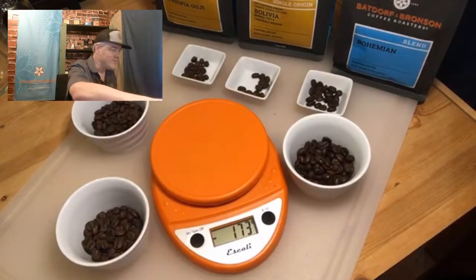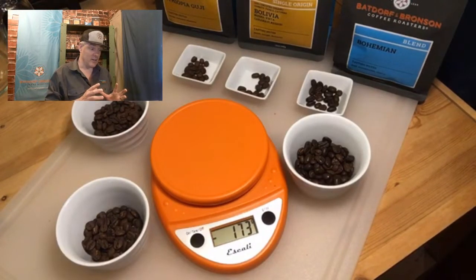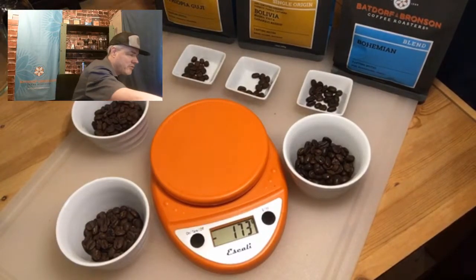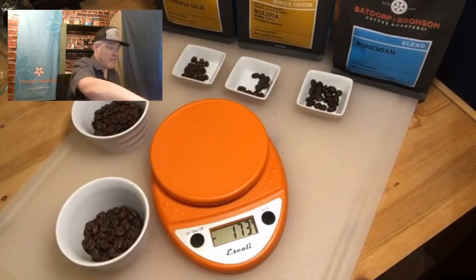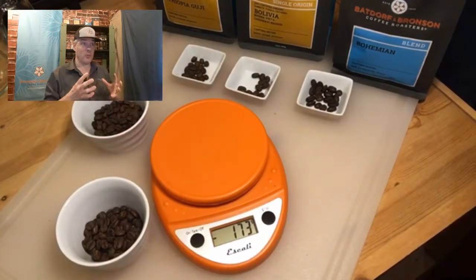Now, those numbers might seem small. However, we're going to brew 1 cup of coffee today, and we're going to be using a little bit less. We're going to be using 16 grams of coffee when we brew that today. But if you were to blow that up to making like a Chemex, which makes multiple cups of coffee,